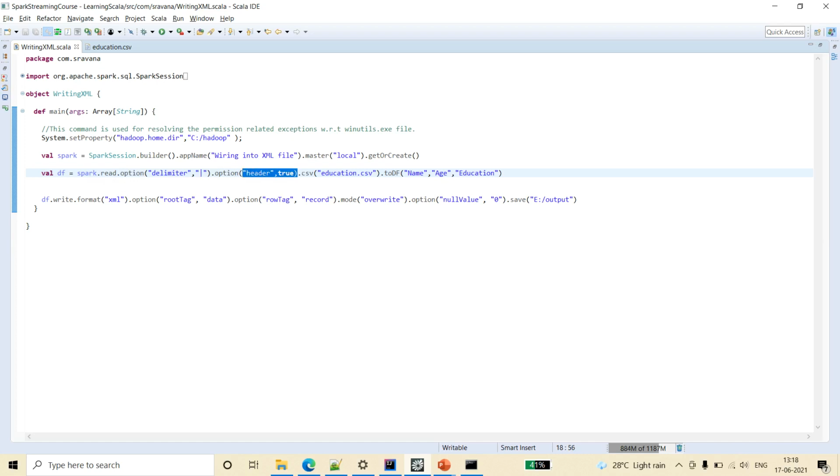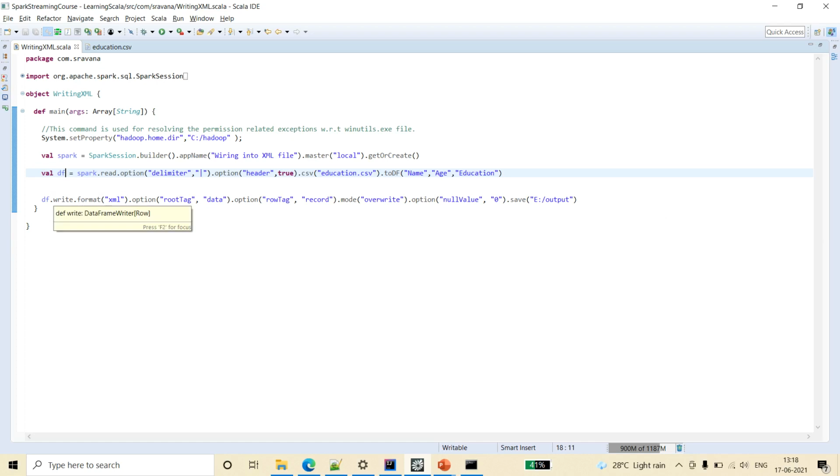I'm telling that header is already there, and for CSV I am passing that education.csv, and I am giving the column names so that it will not consider them as C0, C1, C2 and all. I am not performing any transformations as of now. This is the data frame for reading the CSV file. Now let's see how we can convert that into XML and write it into some local machine.